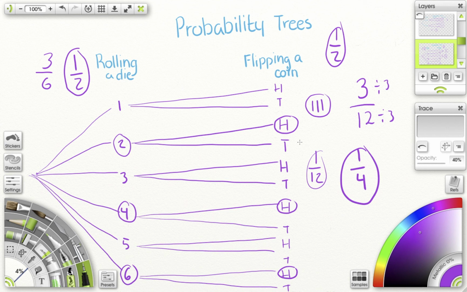What I'm trying to show you is that once you have multiple probability options, as in you're flipping a coin 3 times, once you have multiple ways, your odds of getting that exact outcome go down dramatically. Instead of that 1 in 2 chance that you originally had with flipping a coin, now it goes down to 1 in 12 or 1 in 8.